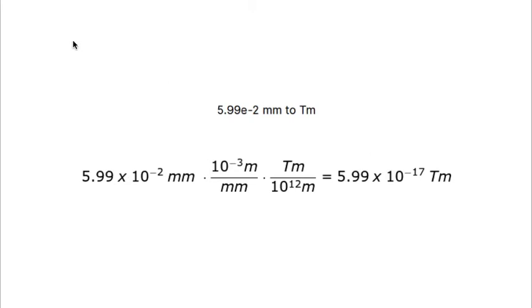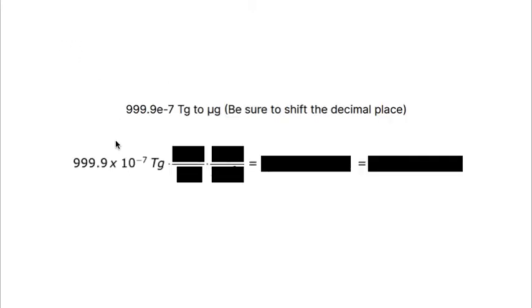Let's take one more problem. Here we are given a conversion in which this is not in the proper scientific notation, according to our convention, which is to put the first value in the ones place. Well, we're going to first do the conversion, and then we'll shift the decimal place. So notice this is